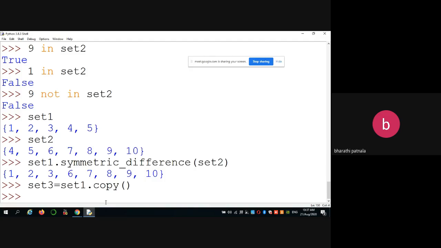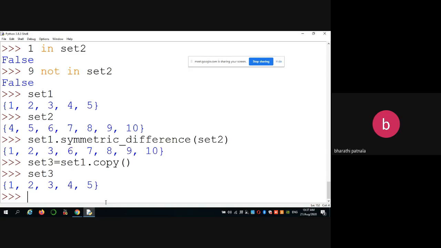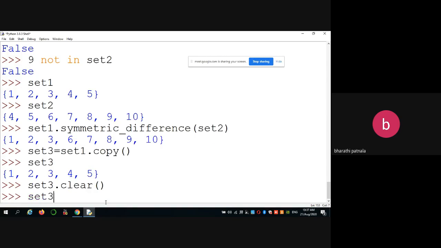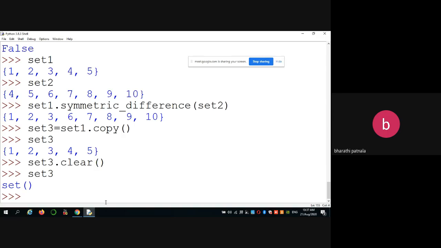So see the set 3, it contains the same elements. If you want to clear set 3, simply call set 3 dot clear. Automatically the set 3 elements will be removed. Like that you can find out other functions.